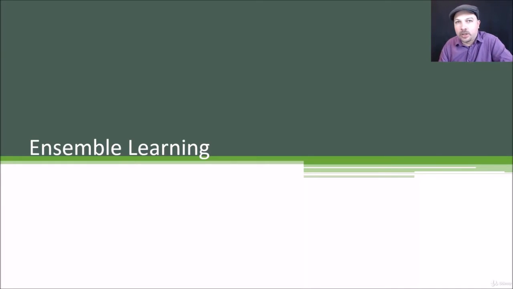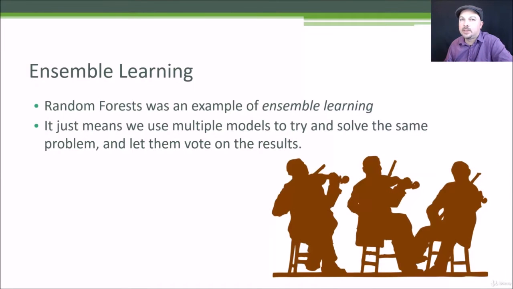So when we talked about random forests, that was an example of ensemble learning, where we're actually combining multiple models together to come up with a better result than any single model could come up with. So let's learn about that in a little bit more depth. Let's talk about ensemble learning a little bit more. We've covered this a little bit already, but there is more than one way to do it, so I just want to cover some of the basic techniques that exist for ensemble learning. It is kind of an important topic, but it'll be a short lecture because the ideas are pretty basic.